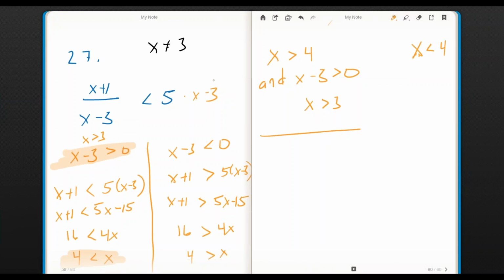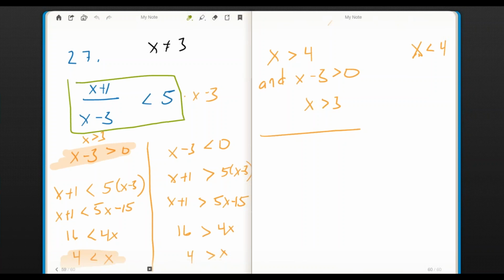Okay, so let me start. I'm just going to start it from the beginning with the theory of it. It's still written down here. Here's our problem. When is this less than 5? First, we establish the fact that x cannot be 3, because that would give me a denominator of 0. It would not work. Then we say, when I multiply both sides by the common denominator of x minus 3, if x minus 3 is positive,